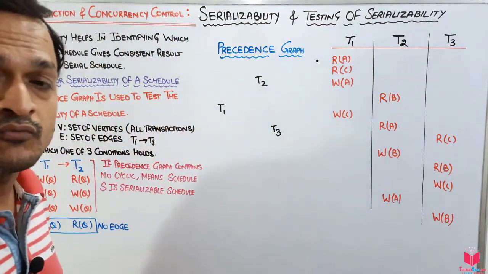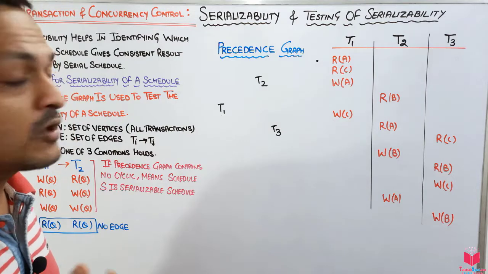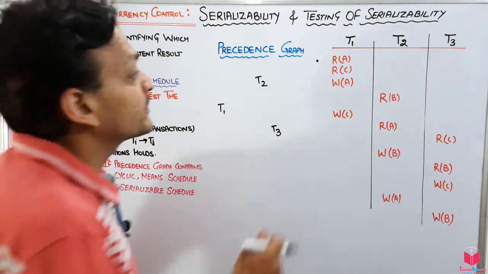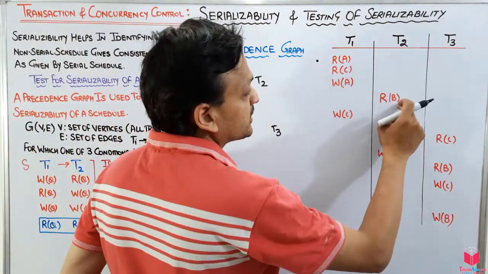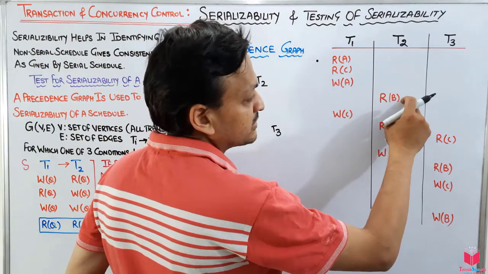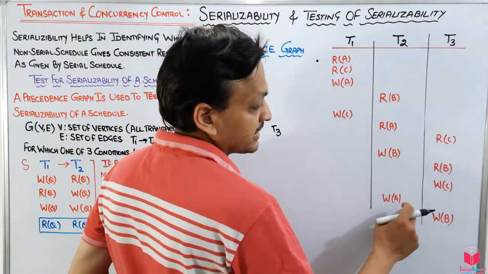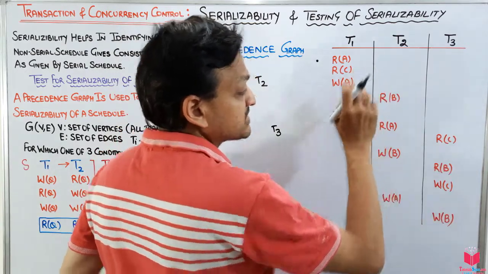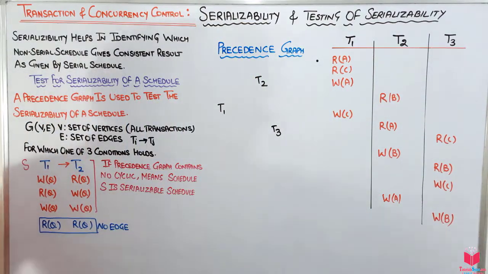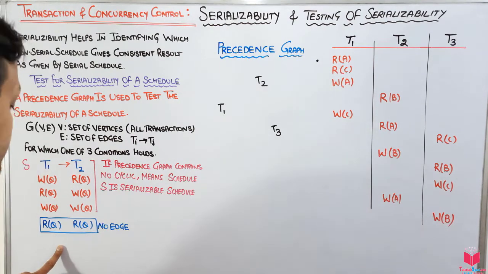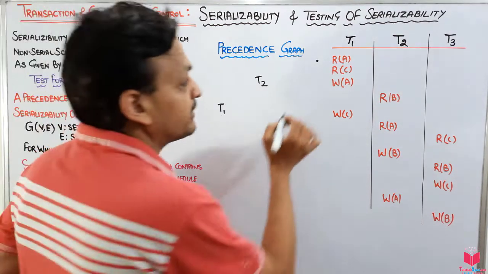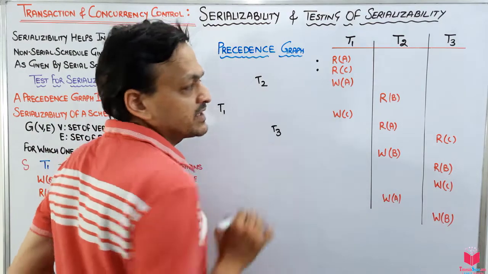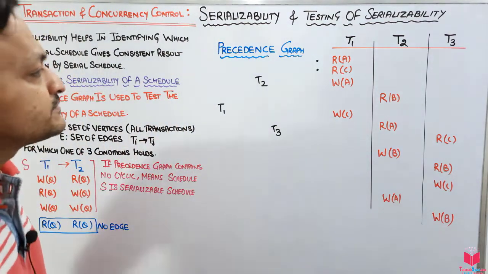After that I will move to this operation, read operation on C variable. Okay guys, so we will look for the subsequent operations on C variable in the transactions. In transaction 2, for this B I will do nothing, A nothing, there is no C variable. There is a read operation, and a read operation on the same variable gives no edge. I will skip this. Okay guys, now move further.